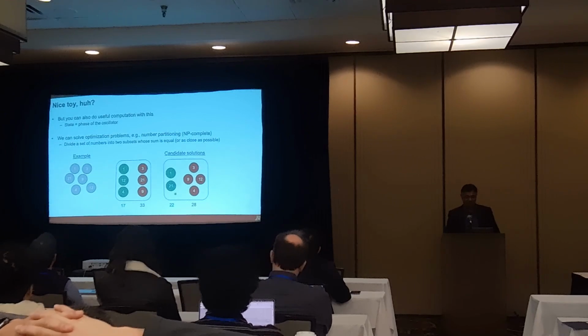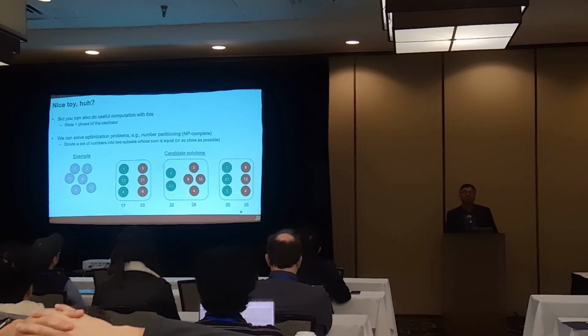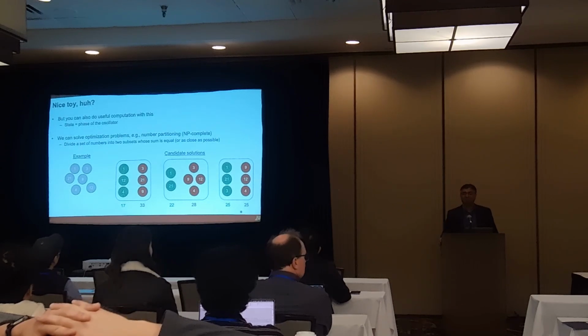Now it's an uneven partition. You all know about partitioning. It's 22 and 28, a little closer. And if I play around a little more, I get a perfectly even partition of 25 and 25. Okay. Now, this is a fairly simple thing to formulate as a mathematical optimization problem using something like 0,1